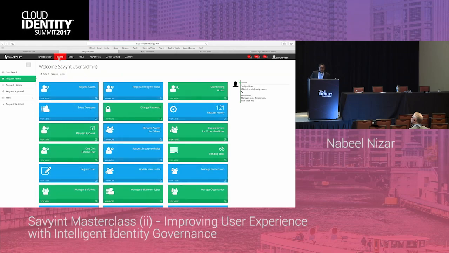All right. So all the functions of an IGA solution. We're looking at access request at this point, right? So if I simply go down and say I'd like to request access for an individual, which is what traditionally your end users are going to do from a self-service perspective, request on behalf of, or a manager self-service. A request